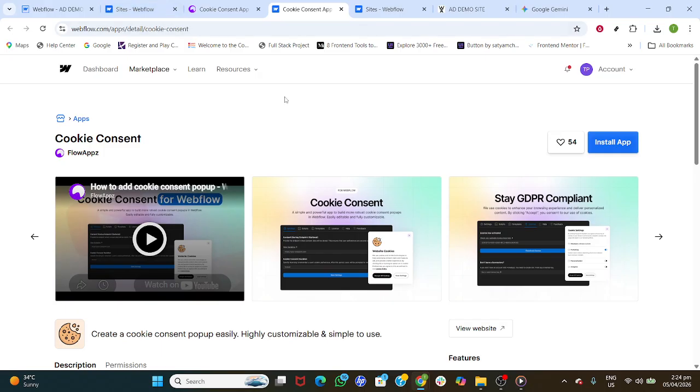A few quick tips as you wrap up. Test the banner in an incognito window to see first visit behavior. Verify that reject and manage preferences are visible and functional, and republish your site so the changes go live. Regulations can vary by region, so if you're unsure about consent rules, consult a qualified professional. That's it. Your Webflow site now has a modern, customized